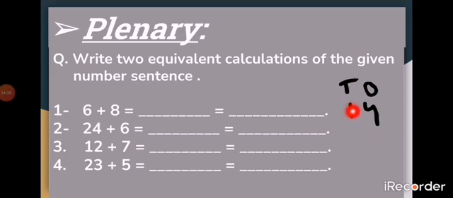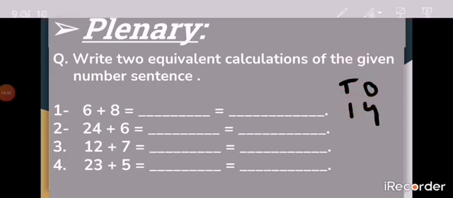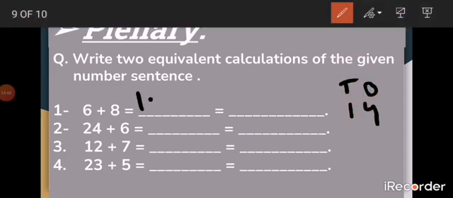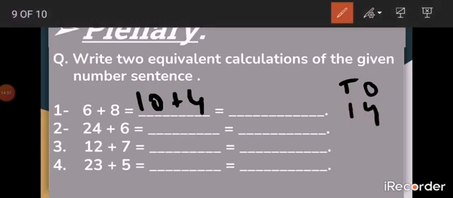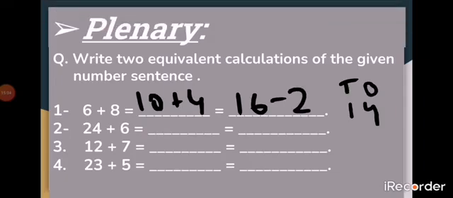Yes, it's tens. And as you see the values, you can also get this. How many tens? 1. How many ones? 4. So we will write our first calculation, 10 plus 4. Now, can you tell me any other calculations which have the value 14? Yes, you can write 16 minus 2, 15 minus 1, 17 minus 3. So there are many options and this is your choice to choose any one.